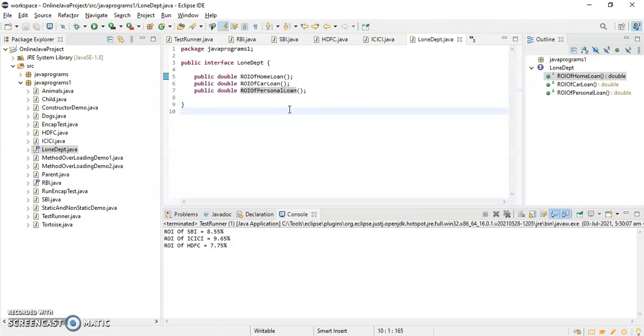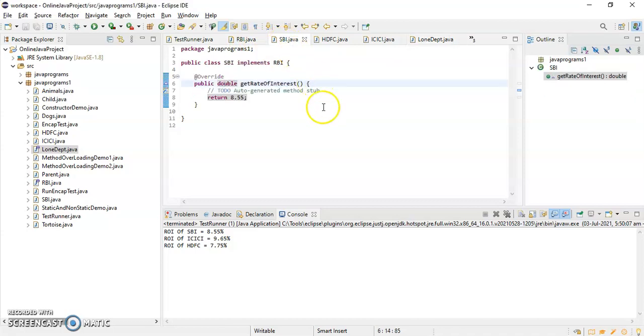For example, SBI is also implementing your LoanDepartment. Now see, it is giving me a compilation error. As SBI is implementing the LoanDepartment interface, again it has to provide the implementation of unimplemented methods which have been declared in the LoanDepartment interface.